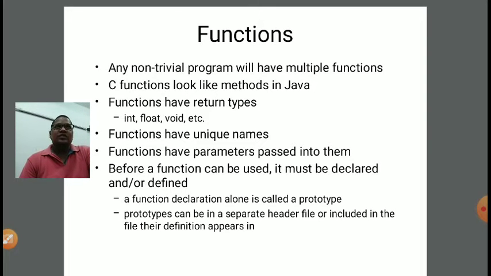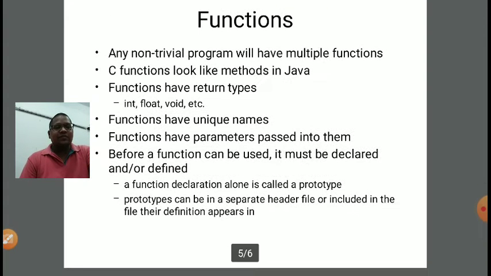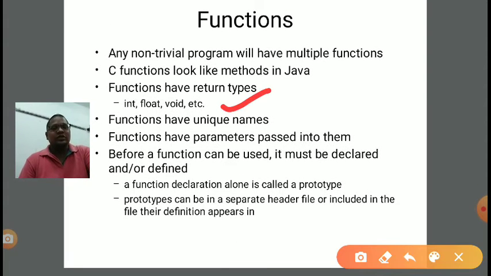So what do we mean by function? A function has some parts. In order to write a program using functions, we need to include some parts in a C program. The first part is the function declaration, which is the function prototype. It declares the return type, meaning what the output of the function will be. The type of output is the return type. Now a function has a unique name. It will always start from an alphabet, not from a digit. In between it can contain underscore and digits, but the function name always starts from an alphabet.